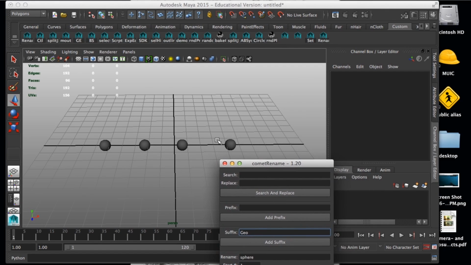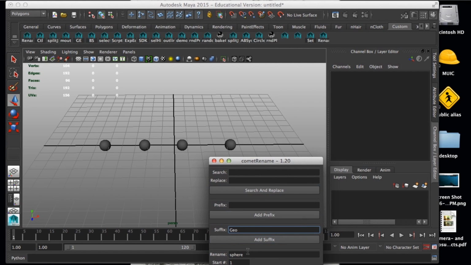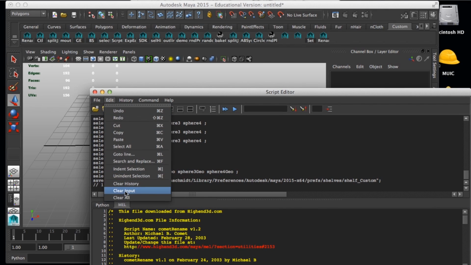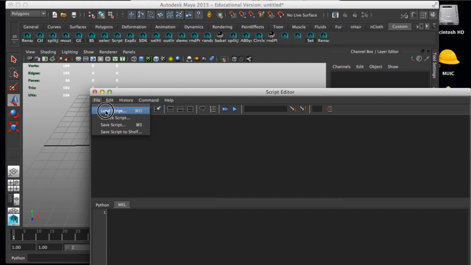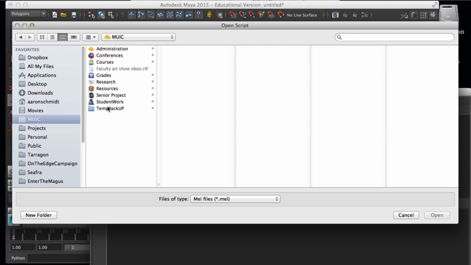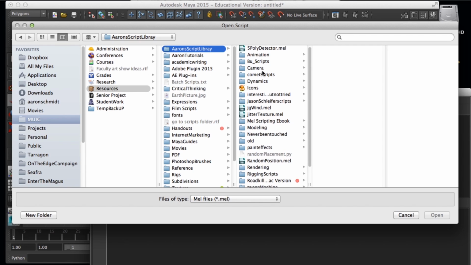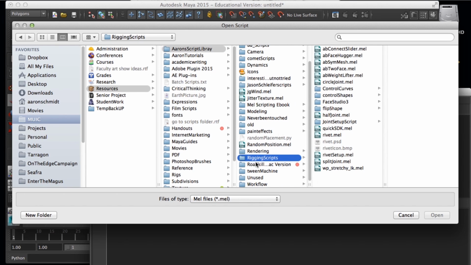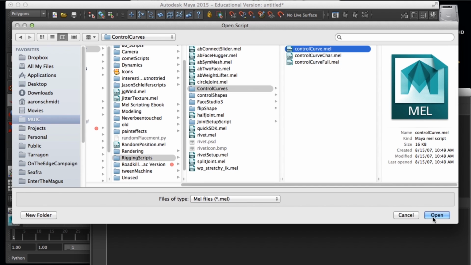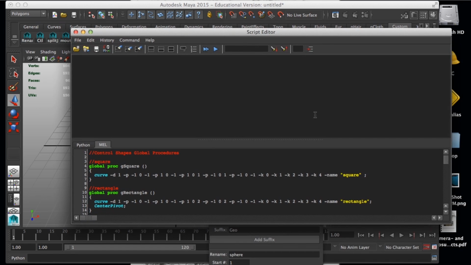Now, for rigging, we don't want just the geometry. We're going to need control curves. Curves are NURBS curves and so I'm going to clear all here, file, load script, and let's go back to my library, resources, script library, and then rigging scripts, and I have control curves right here. So control curve.mel, my embedded language, load it up, and this one